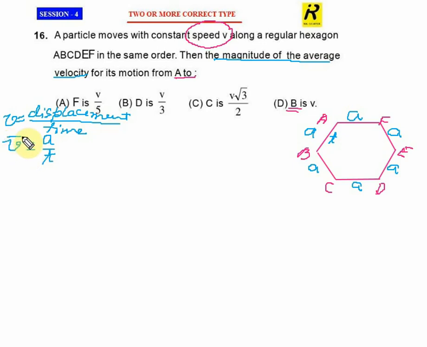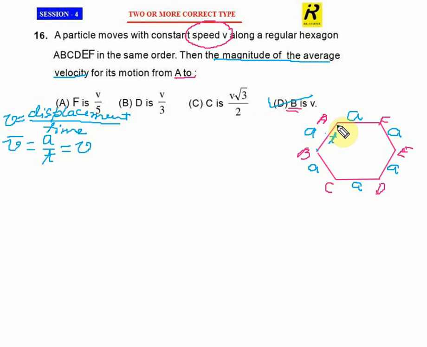But this itself is the average velocity. So this velocity is nothing but v, because the displacement happened from here to here with the velocity v. So this one, average velocity v, is governed by this relation, where A by t stands for v, because the speed of the particle from A to B is v. So that means option D is correct. So now let me check the other options.